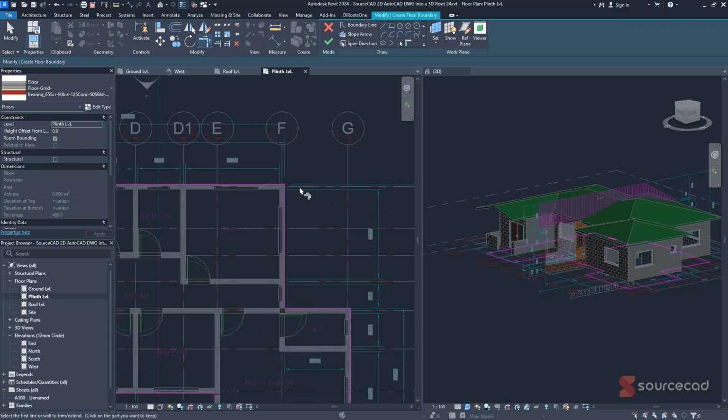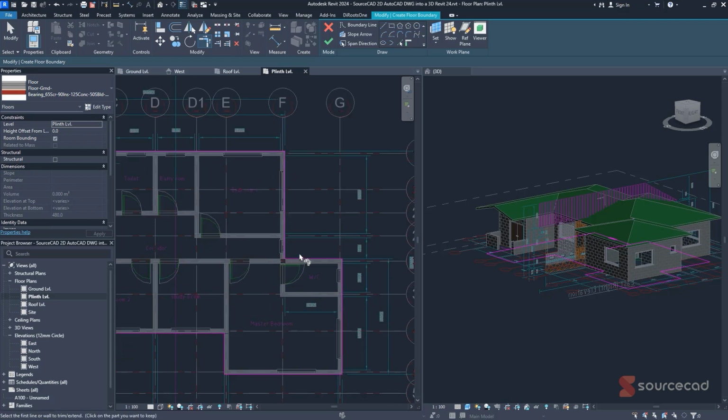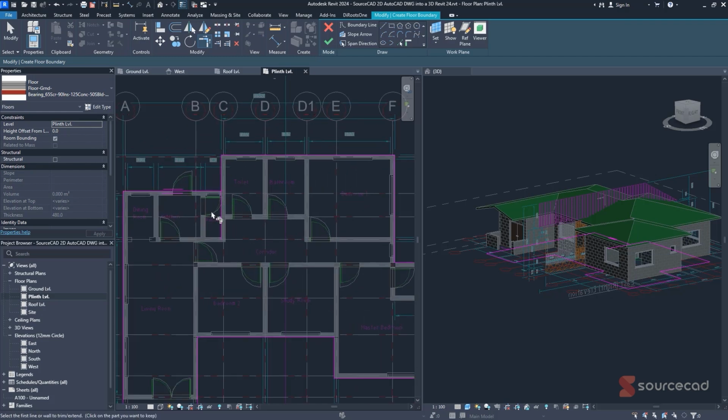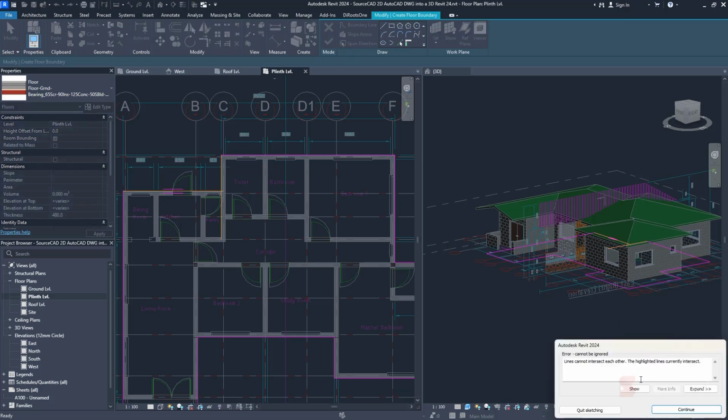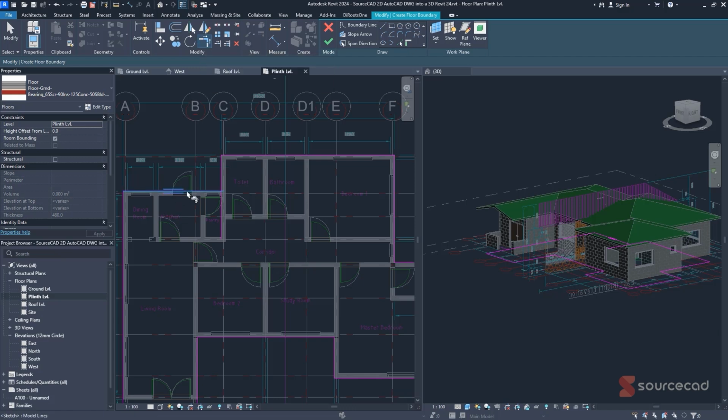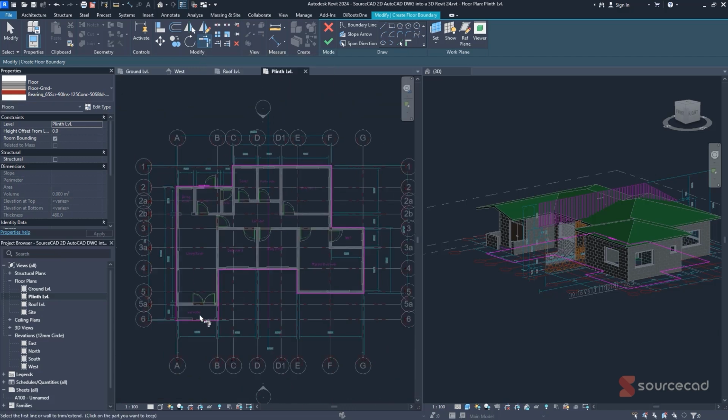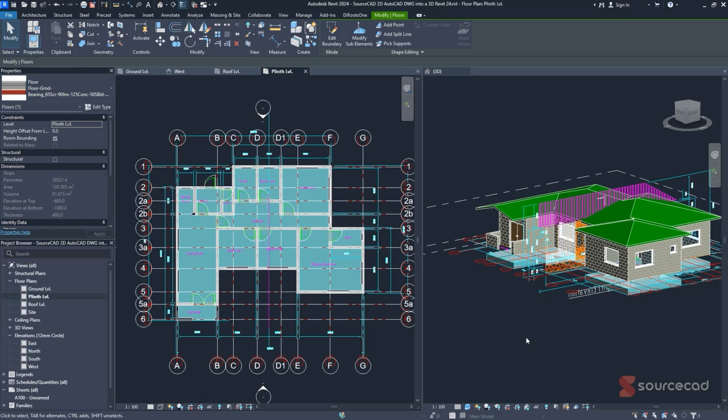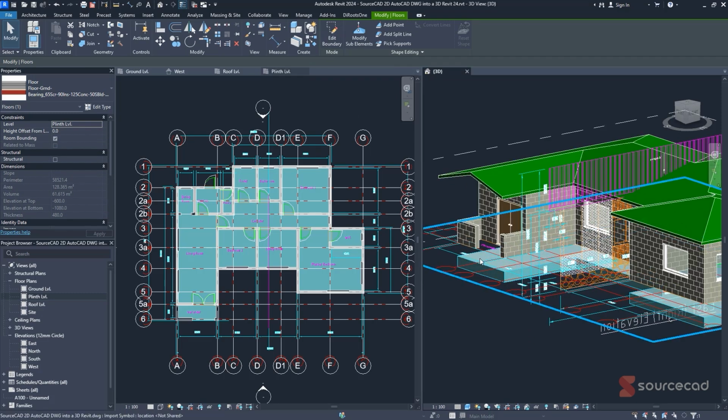just like that, making sure that every corner is connected, because if there's any gap, our Revit software will give us a warning. For example, if I try to check and over here we have this conflicting, we'll be given a warning that lines cannot intersect each other. So I'll simply go back to continue, click on trim corners, and just like that. So once that's done, I'll make sure that the level is at plinth. It can be room bounding so that we can place our rooms, and then I'll simply check. And just like that, we have our